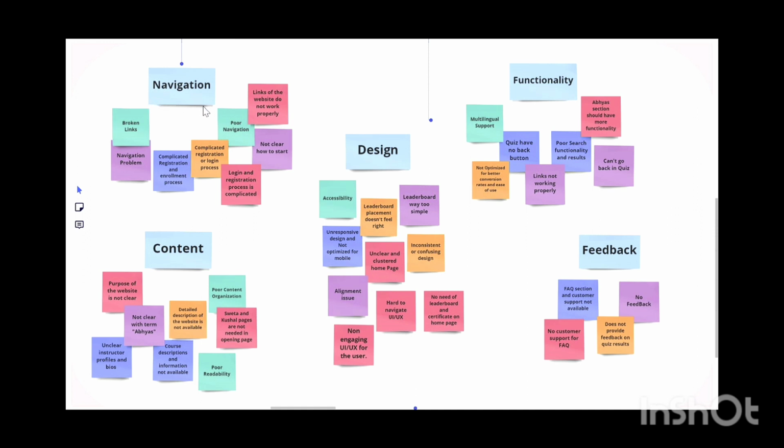Navigation, as we can see, was very poor. Buttons were not clear. The login registration process was complicated. Moving on to content, the purpose of the website was not clear at all. No clear term was given for Abhyas, and the content was very poorly organized. Now coming to design, the leaderboard was way too simple. The home page and Shiksha and Pariksha pages were very unclear and cluttered,